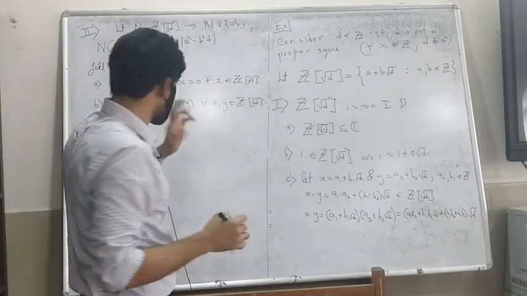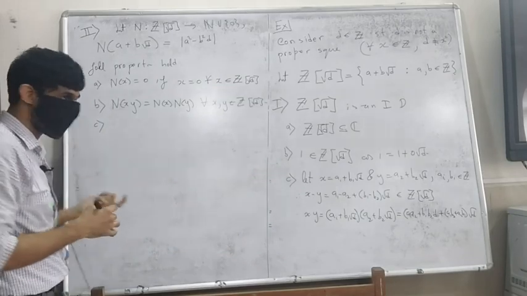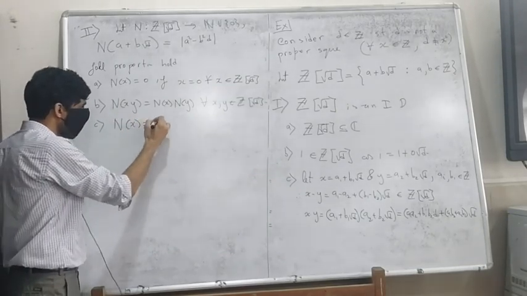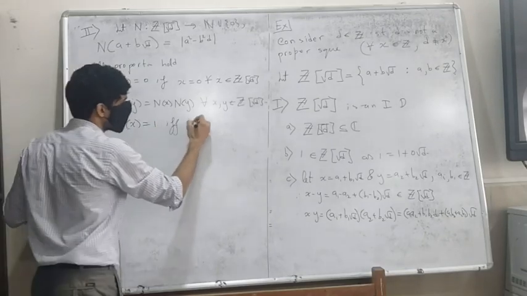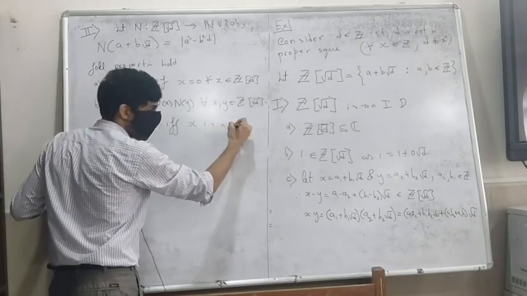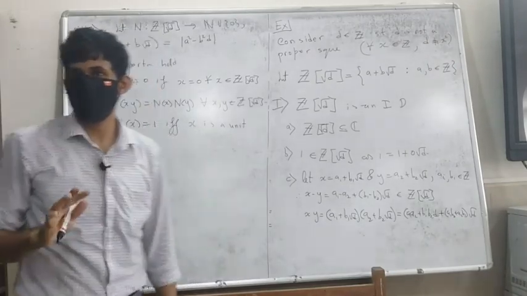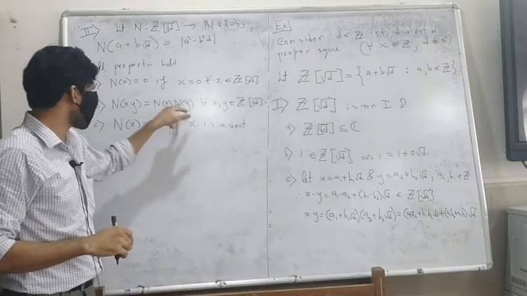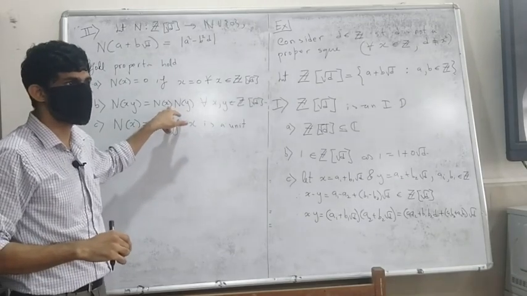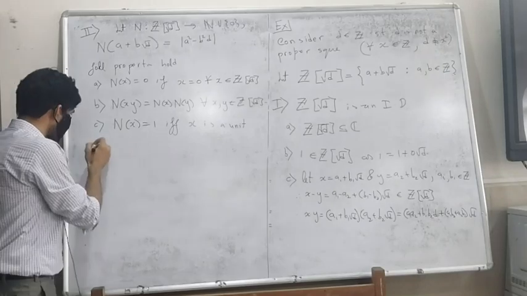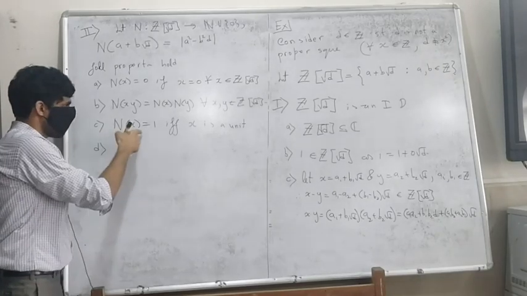So this helps me to catch hold of units, because N of x is 1 if and only if x is a unit. Okay, so to check whether this in fact follows easily from this theorem, from this fact here. I don't know whether you can see it. Can you see why it follows from here?